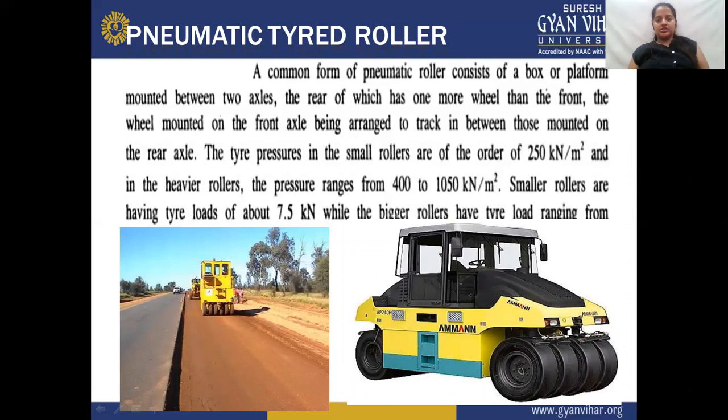The tire pressures in the small rollers are of the order of 250 kilonewton per meter square, and in the heavier rollers the pressure ranges from 400 to 1050 kilonewton per meter square. The small rollers are for light loads of about 7.5 kilonewton, while the bigger rollers have tire loads ranging from